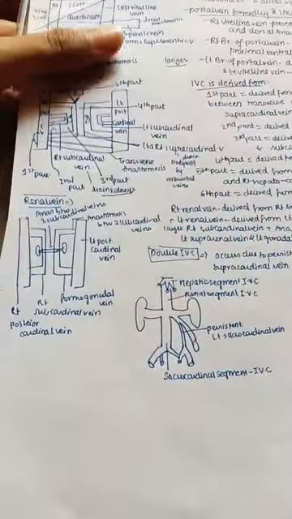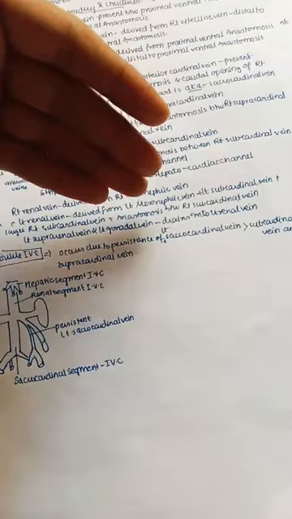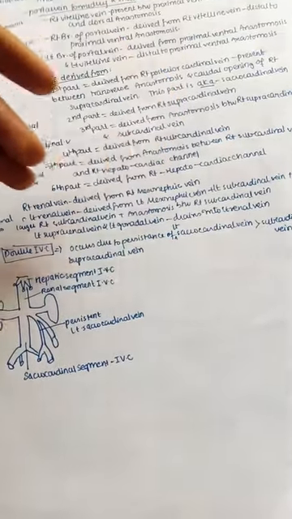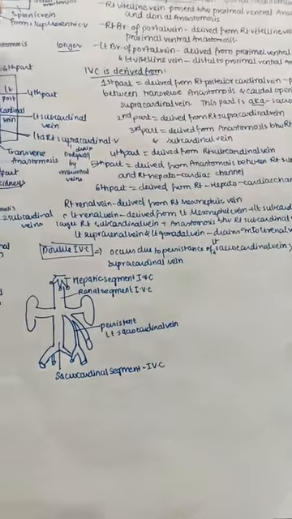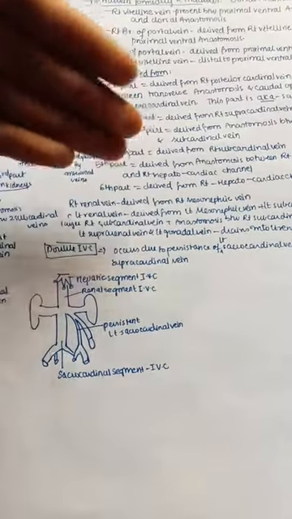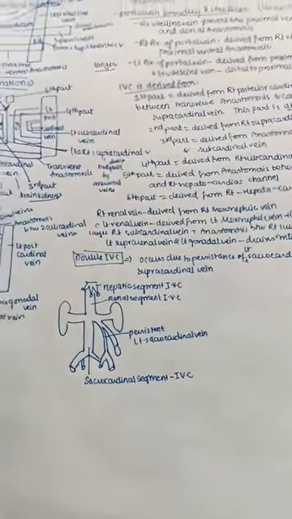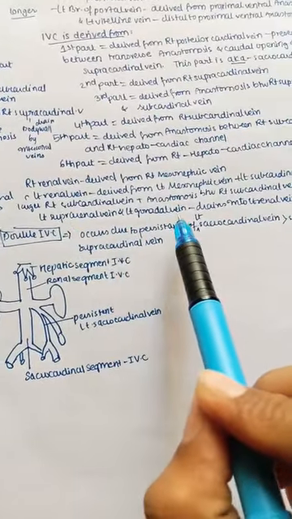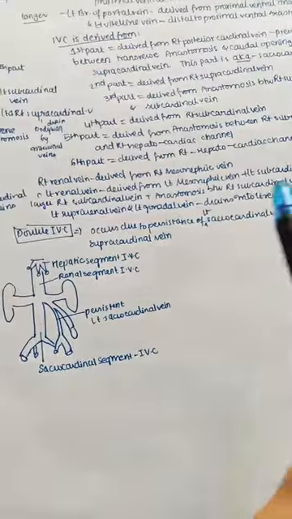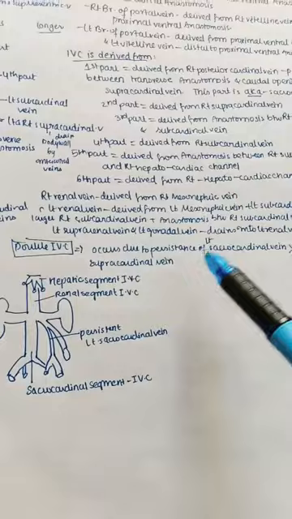So next let us see the renal vein. The right renal vein is derived from the right mesonephric vein, and the left renal vein is derived from the left mesonephric vein along with the left subcardinal vein, and also with the anastomosis of two subcardinal veins. The left renal vein is larger when compared with the right renal vein, and the left suprarenal vein and the left gonadal vein mainly drain into the renal vein. So you can see this is the gonadal vein and the suprarenal vein, the left suprarenal vein.